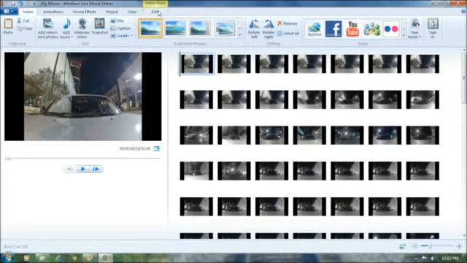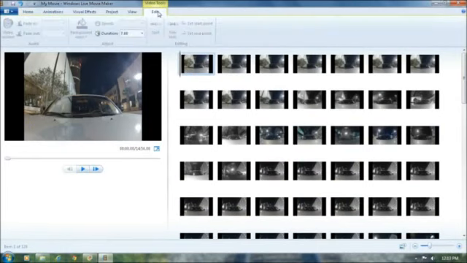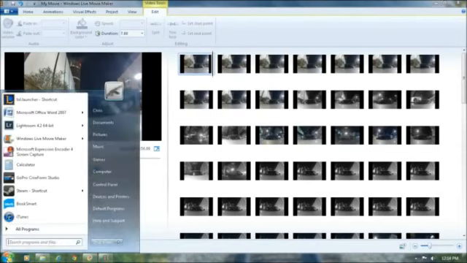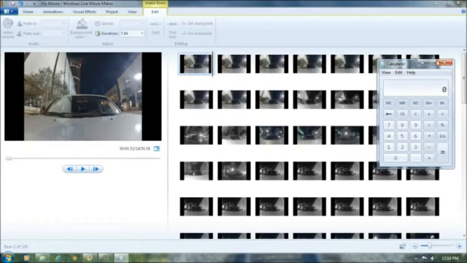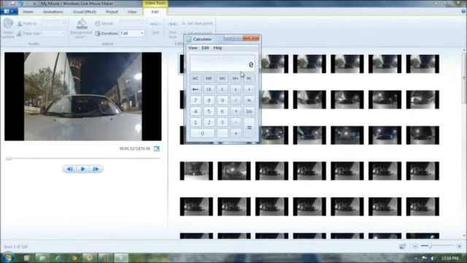So now we're going to go to the edit tools at the very top, click on edit, and you'll see that duration is 7 seconds. So right now, if you were to play this, it would be a slideshow with each picture lasting 7 seconds, which doesn't help us at all. So what you want to do is, typically people want 24 frames a second. So in order to do that, you got to find out how long each frame is supposed to last at